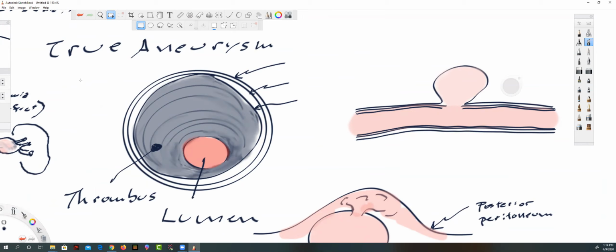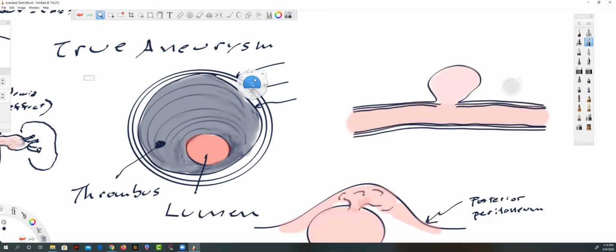Let's see, true aneurysm, really? Little frustrating. All right, well, while I figure this out,